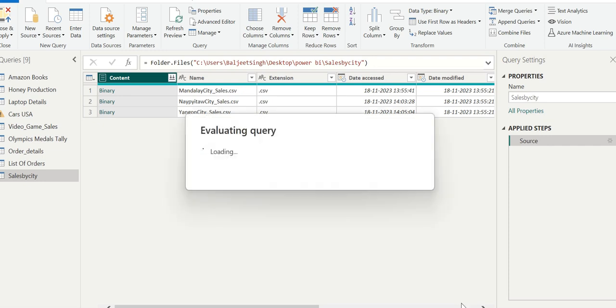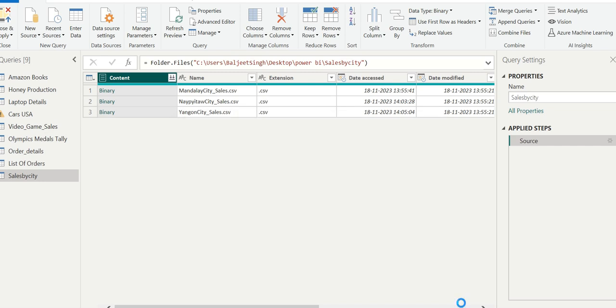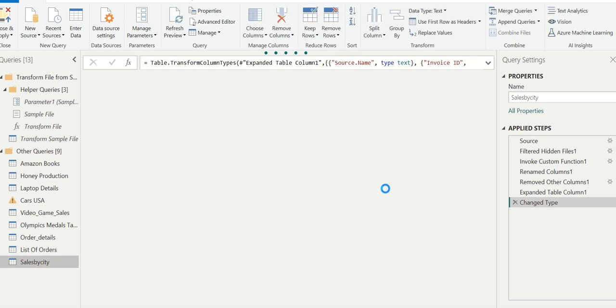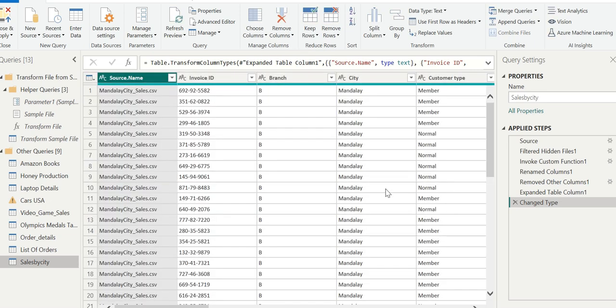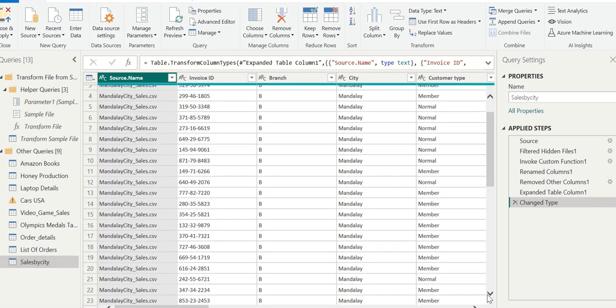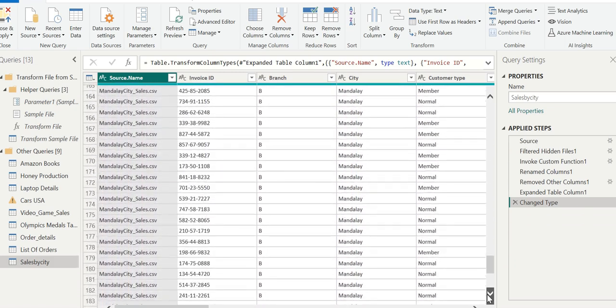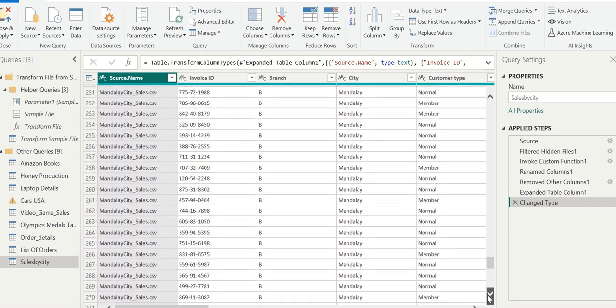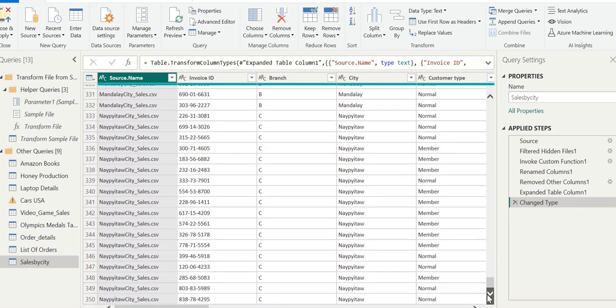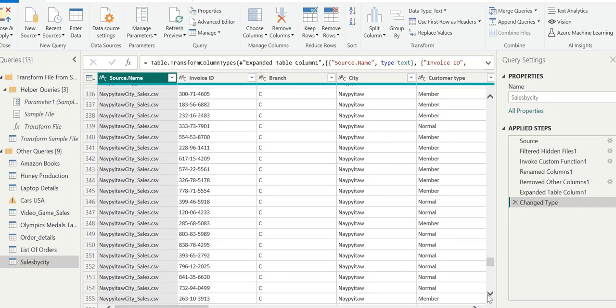In a few seconds, all files will be combined. You can wait a few minutes. Then you can see a file has been combined already. So now let's scroll and confirm each of the files is still here. Scroll down and see each of the files. It's showing Manly city. Is there another city here or not? We have to check further down first. Naypyidaw is here too. Okay. Then we are assuming that the next one is also added.